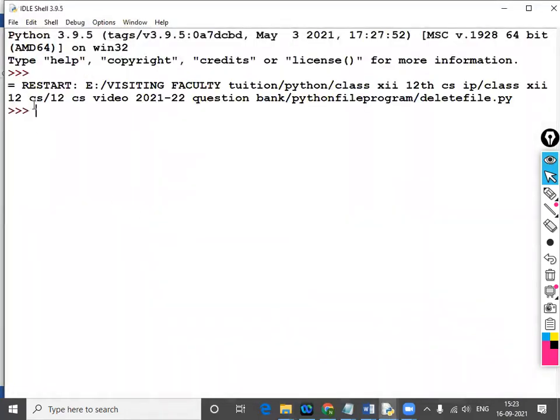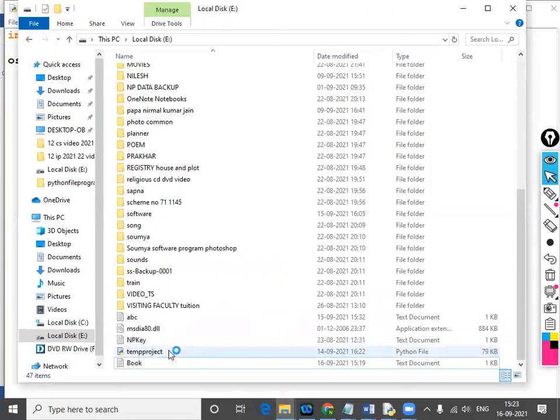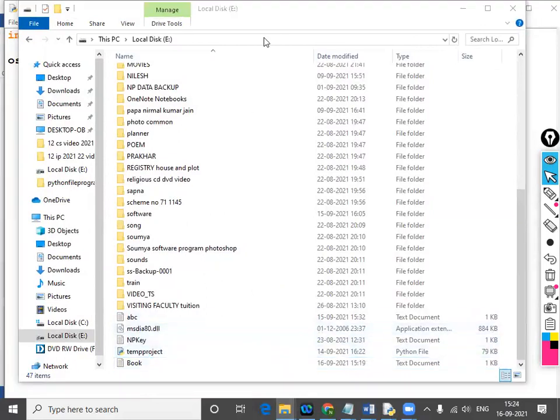Now it is working. When error is not showing, that means it is working. Now see it. Book1.txt is not there. So I think the concept should be clear.